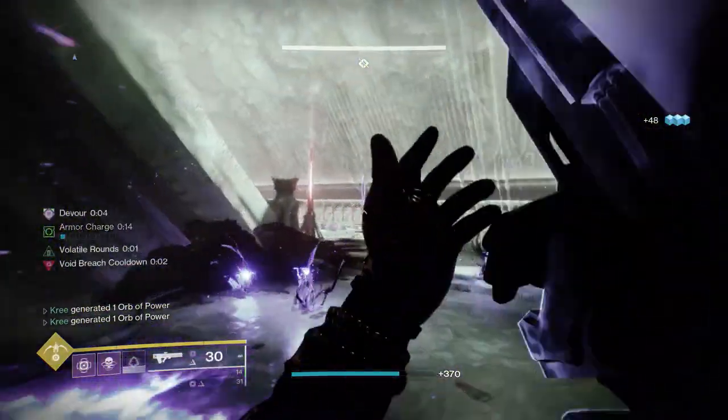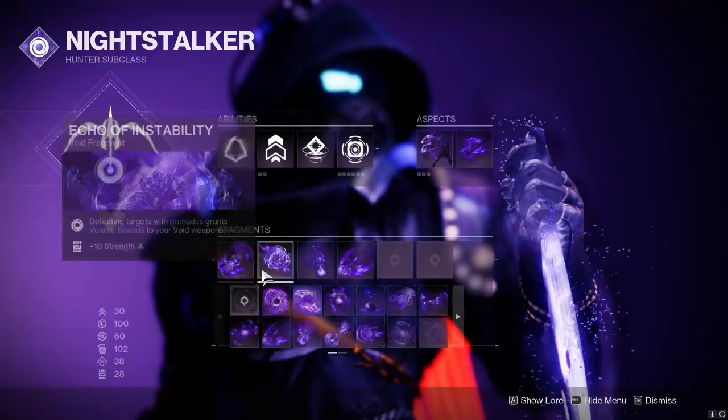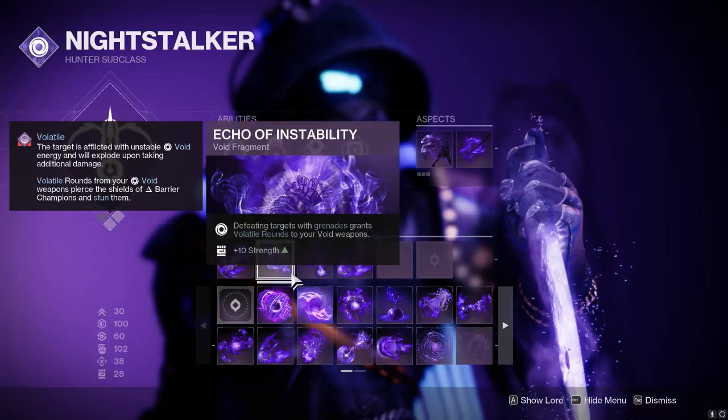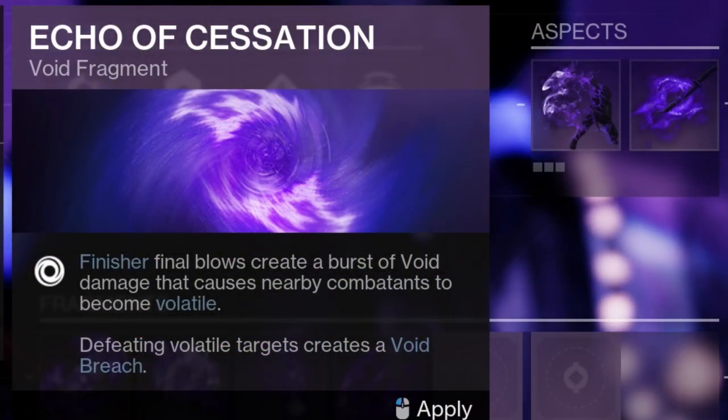Our fragments, we're going to be using Echo of Starvation to give us Devour, for that good old survivability. Echo of Instability gives you volatile rounds whenever you kill an enemy with your grenade. Honestly, you could probably change this one out for Echo of Cessation. This causes a void explosion whenever you finish an enemy that can cause nearby enemies to become volatile, which